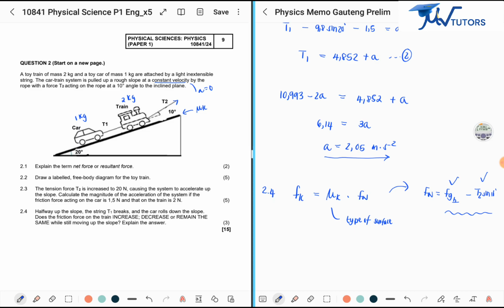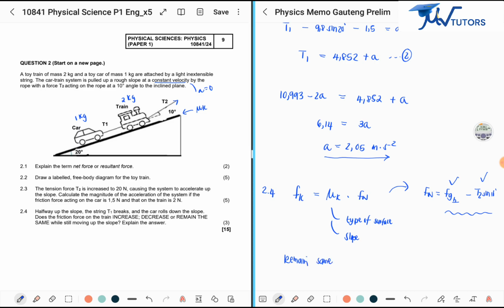That didn't change, okay? And then the slope of this, what is this? This driveway hasn't changed as well, okay? So with that being said, will the friction force on the train increase, decrease, or remain the same? I would say it would remain the same,